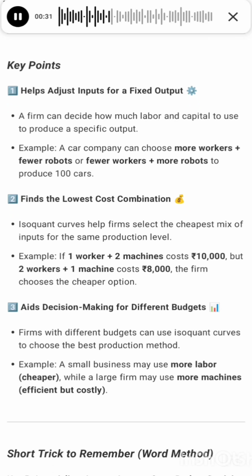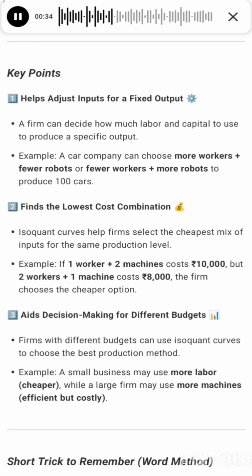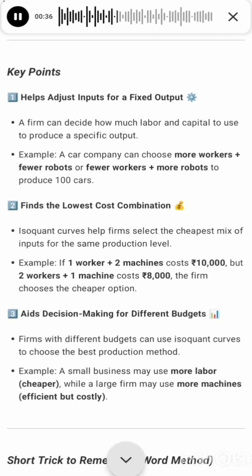2. Finds the lowest cost combination. Isoquant curves help firms select the cheapest mix of inputs for the same production level. Example, if 1 worker plus 2 machines costs $10,000, but 2 workers plus 1 machine costs $8,000, the firm chooses